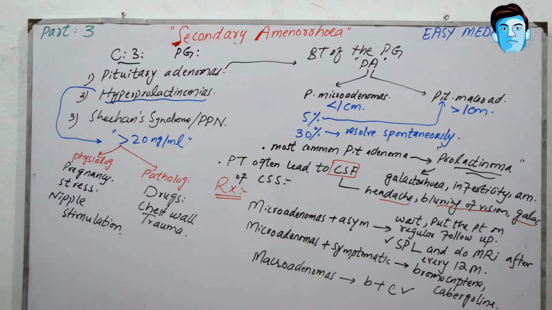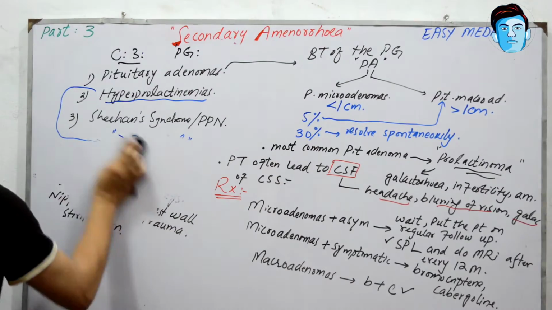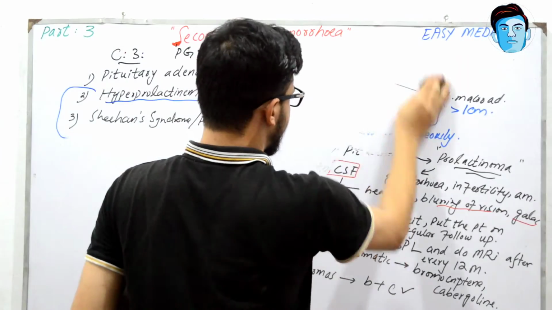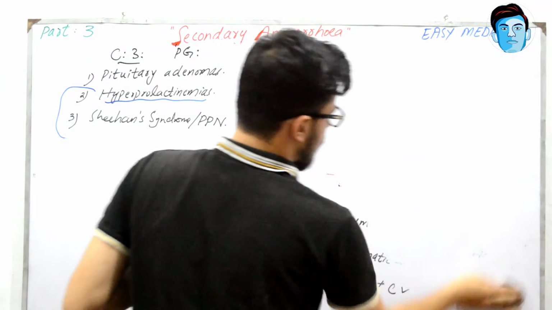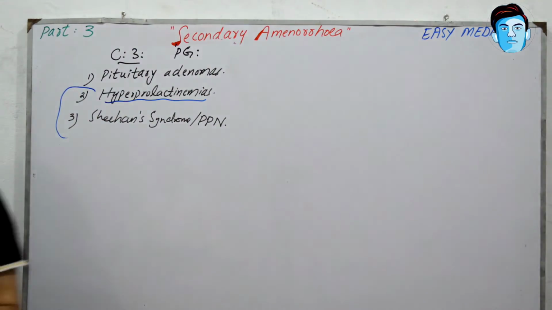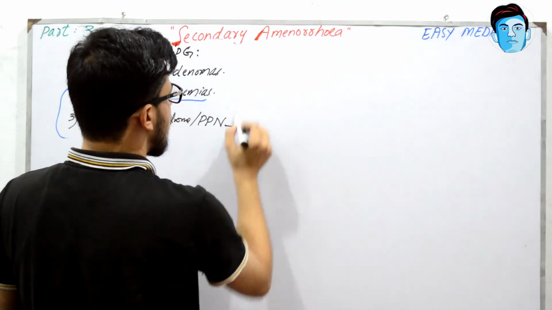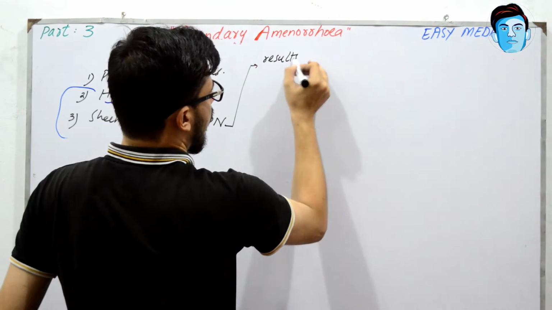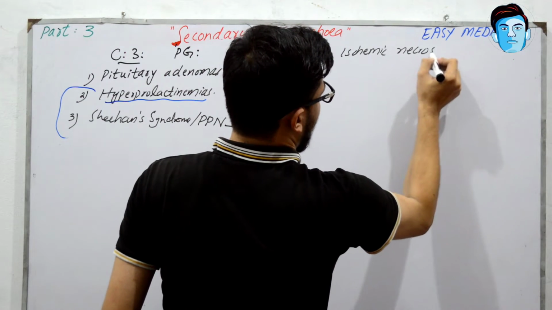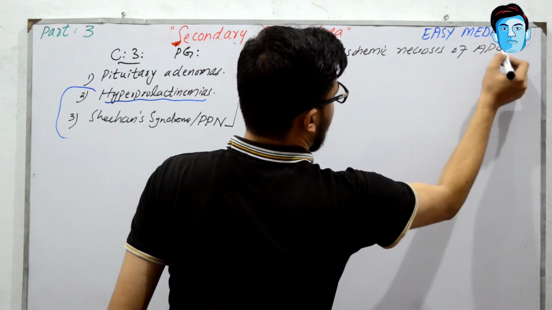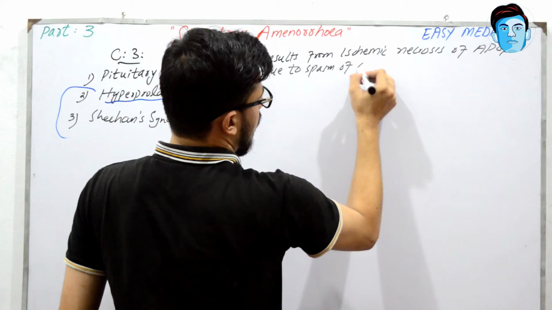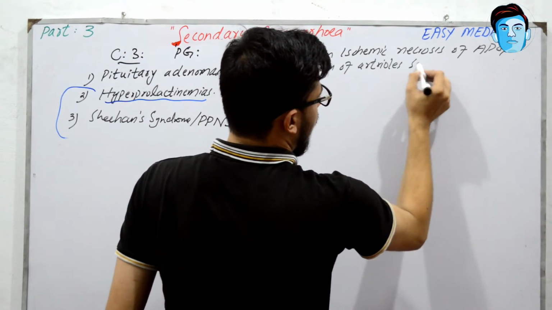So now students, let's discuss another important cause of secondary amenorrhea, that is called Sheehan Syndrome. So what is Sheehan Syndrome? It is also called postpartum pituitary gland necrosis. Sheehan Syndrome results from ischemic necrosis of the anterior pituitary gland due to spasm of arterioles supplying